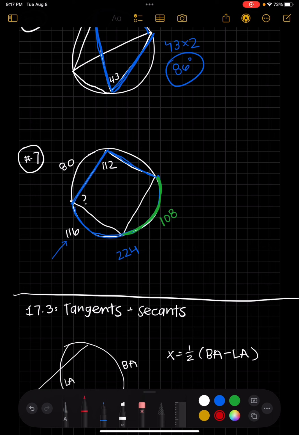Now, let's use a different color. I want to find the top, like right here. So to do that, let's see. Oh, well, it's actually going to be really easy because I know